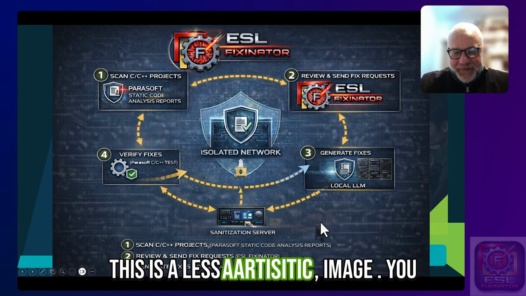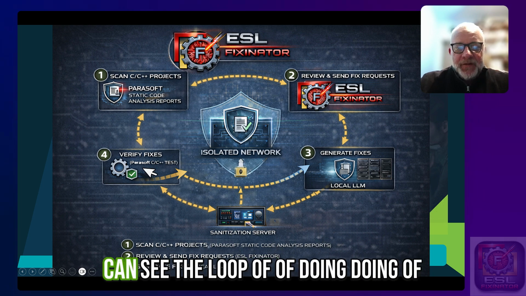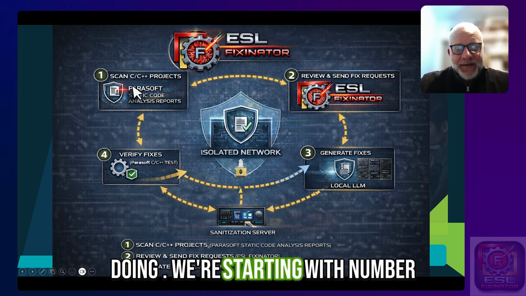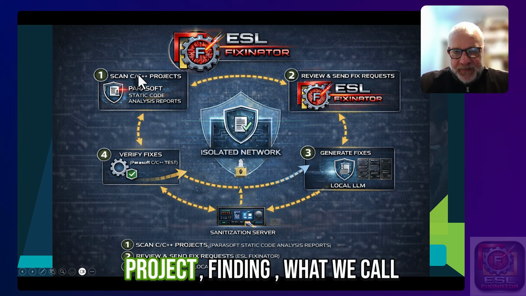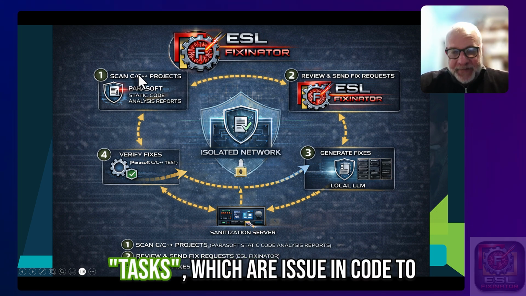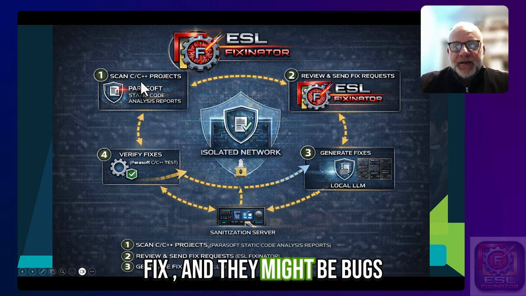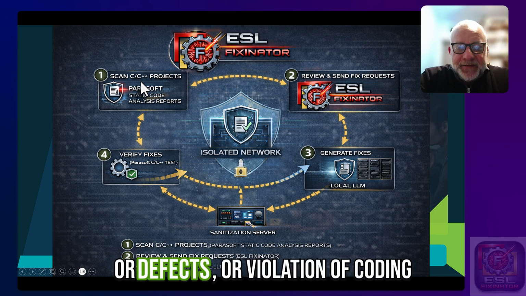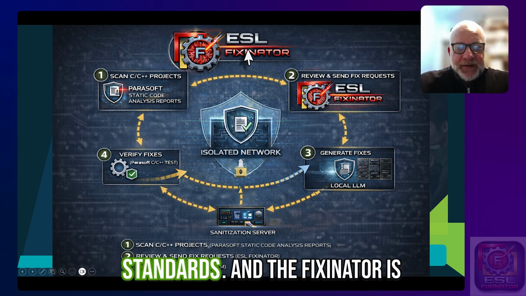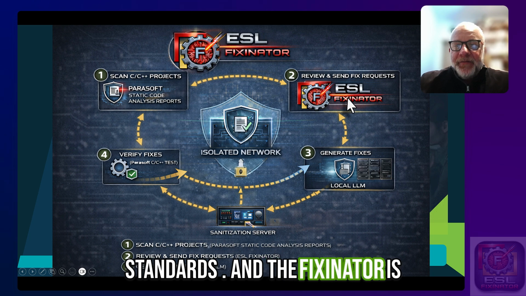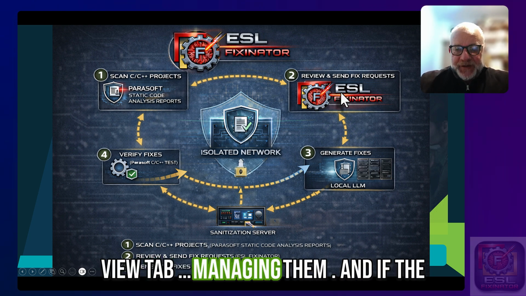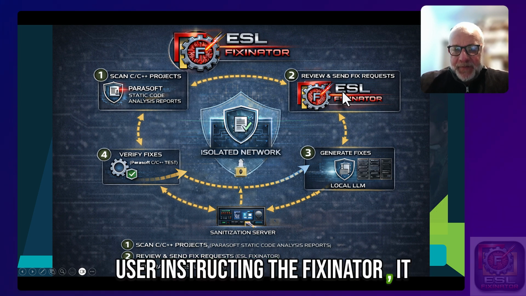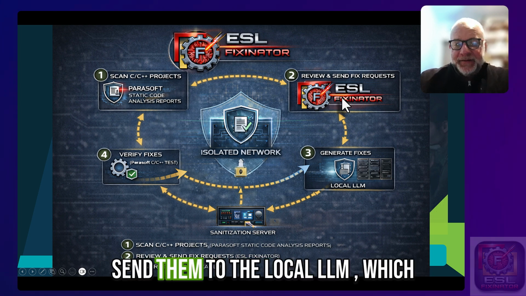This is a less artistic image. You can see the loop of things. We're starting with one, where Parasoft scans the project, finding what we call tasks, which are things to fix. They might be bugs, defects, violations of coding standards. And the Fixinator is picking them up, arranging them, managing them, and if the user instructed, it will send them